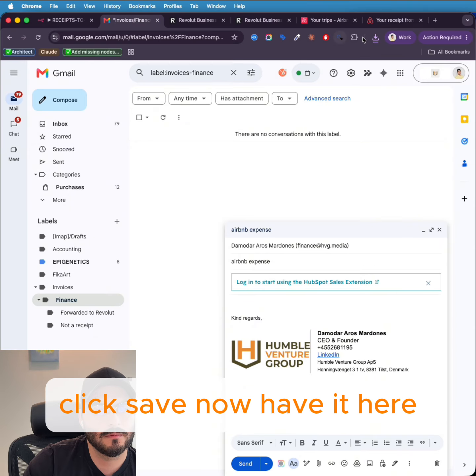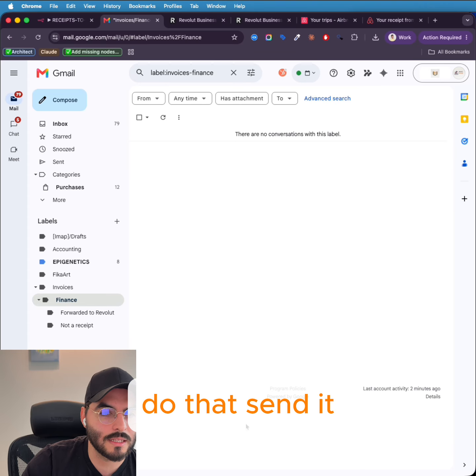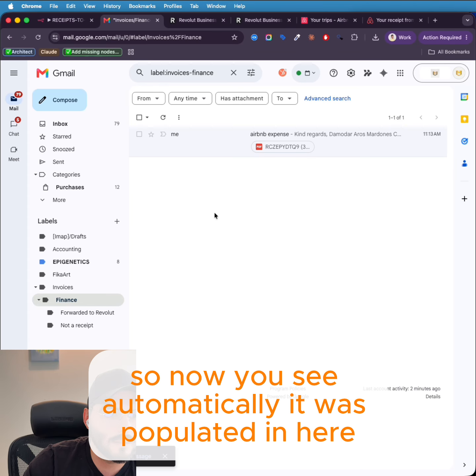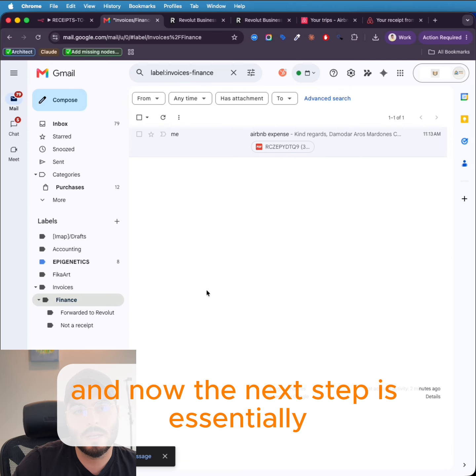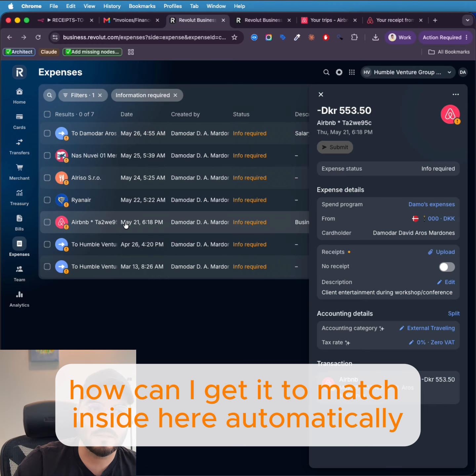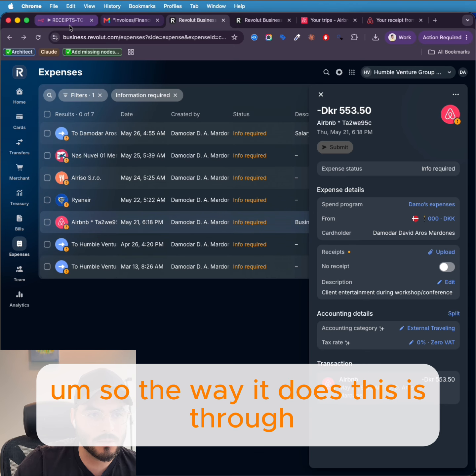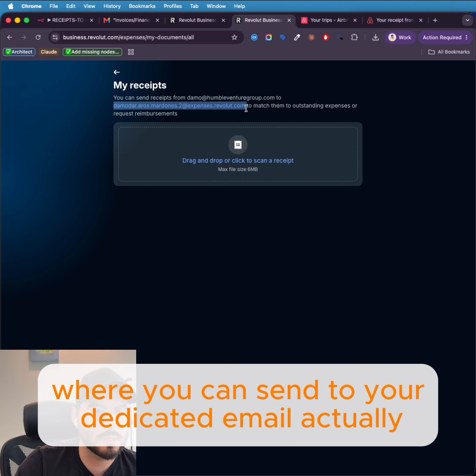Click save. Now I have it here. Do that. Send it. So now you see automatically it was populated in here because I've sent it to the finance email. And now the next step is essentially how can I get it to match inside here automatically? So the way it does this is through Revolut has this really cool function where you can send to your